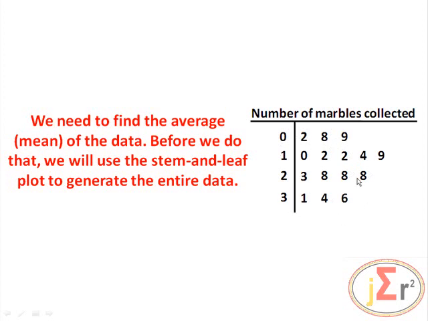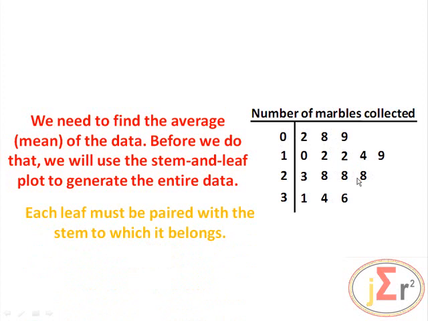So let us go. Each leaf must be paired with the stem to which it belongs. That is how we form the items of data. So 0 will go with the 2, the 8, and the 9: 20, 28, 29. And if we move to the next row, we have 1, 0, 1, 2, 1, 2,